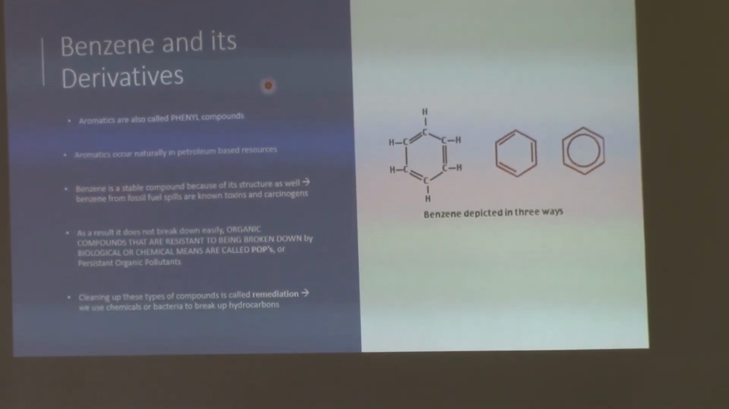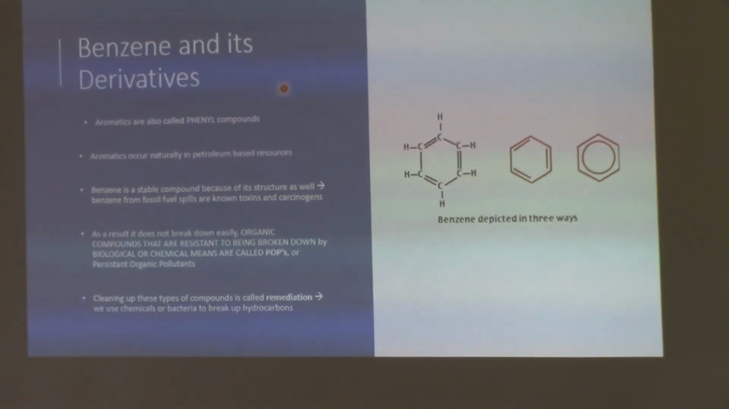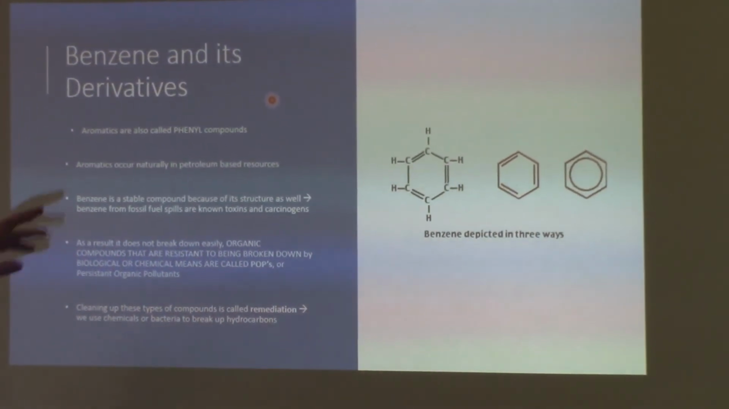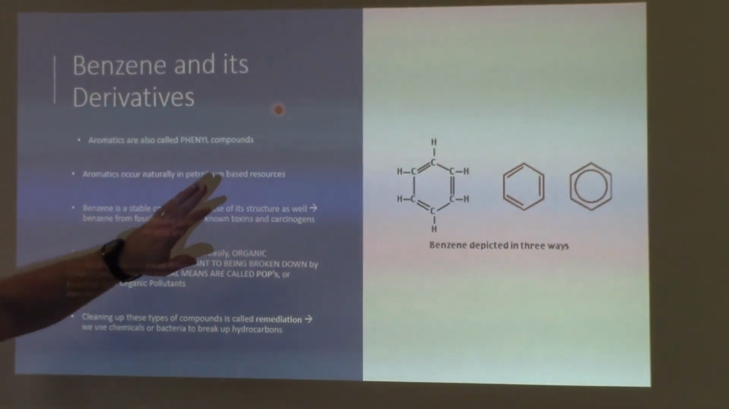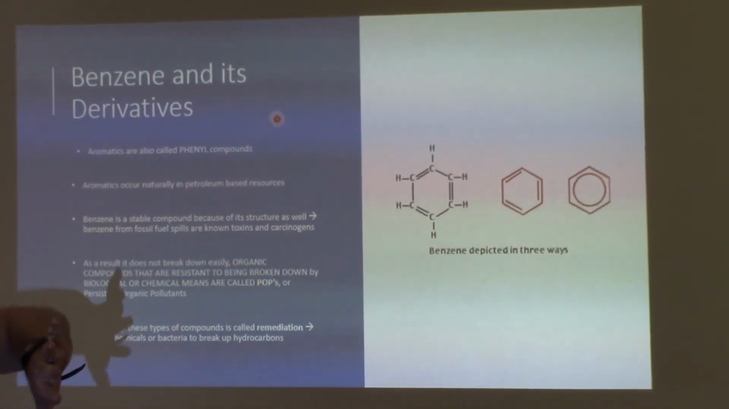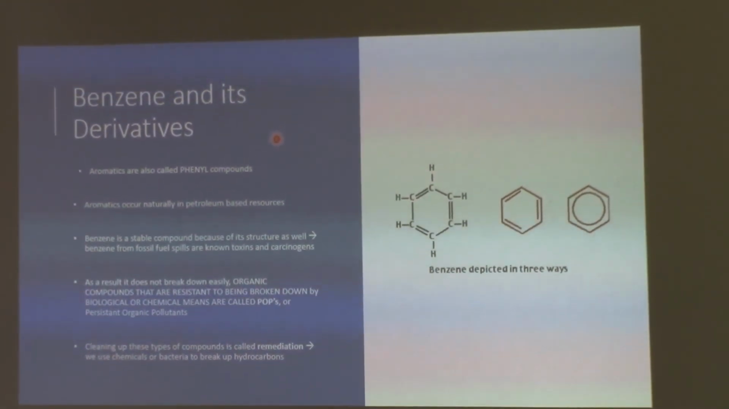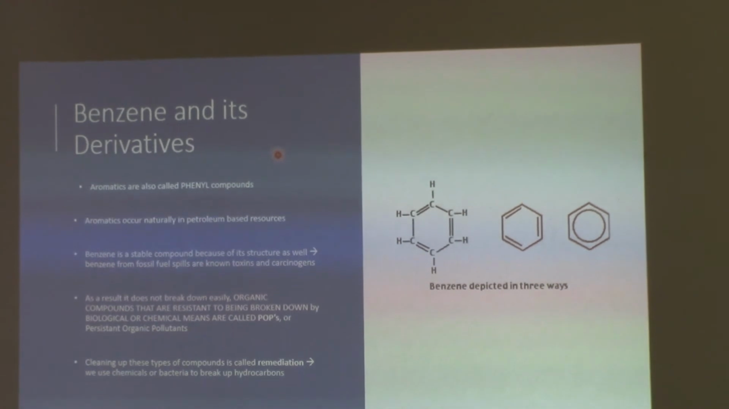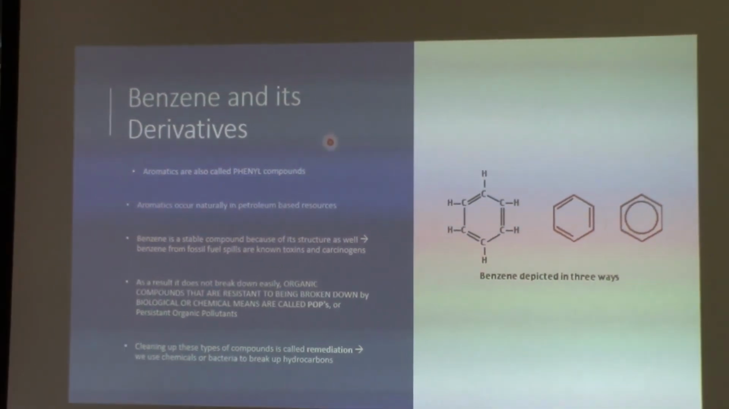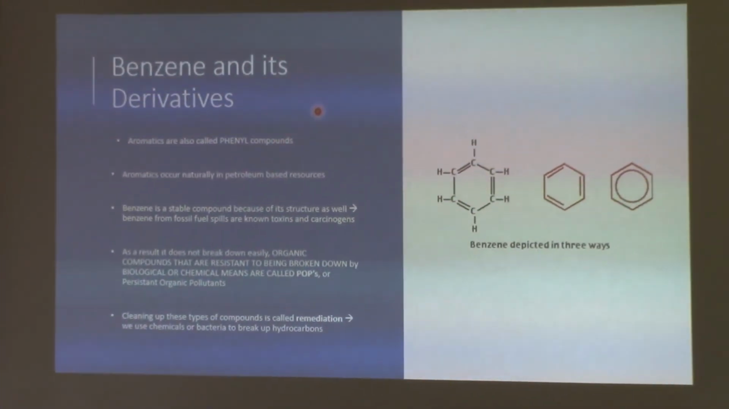So benzene has lots of different types of derivatives. Aromatics are also called phenolic or phenyl compounds. I'm going to talk about how or why we call something benzene and how we call something phenolic or phenyl. Aromatics occur naturally in petroleum-based resources. We put benzene into